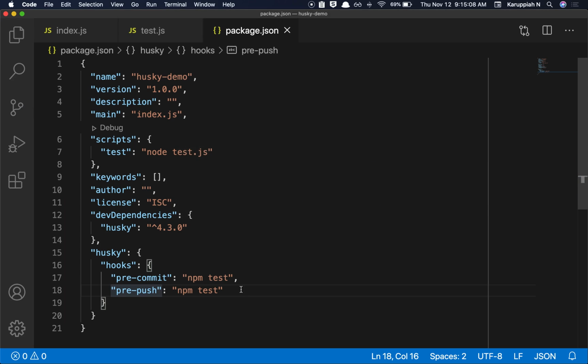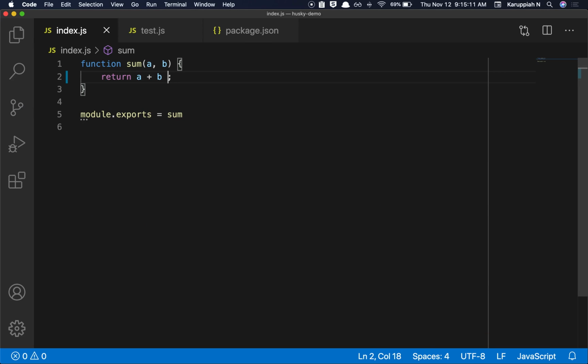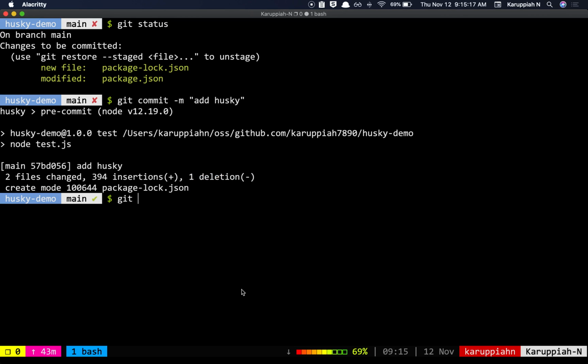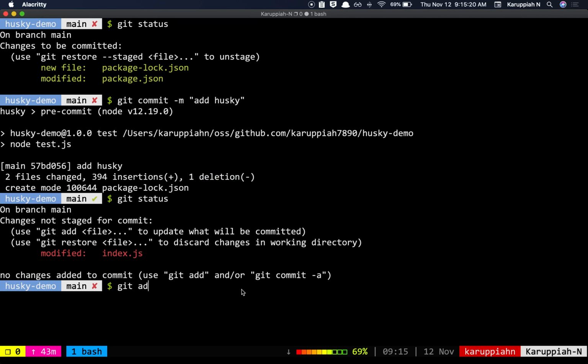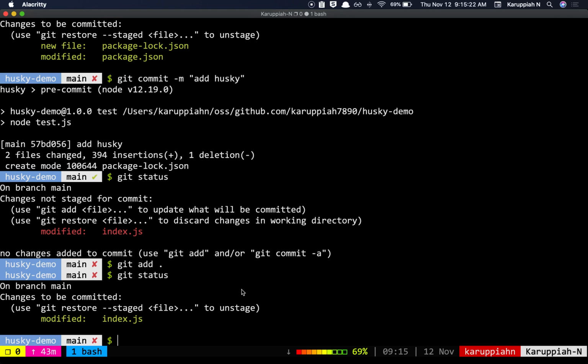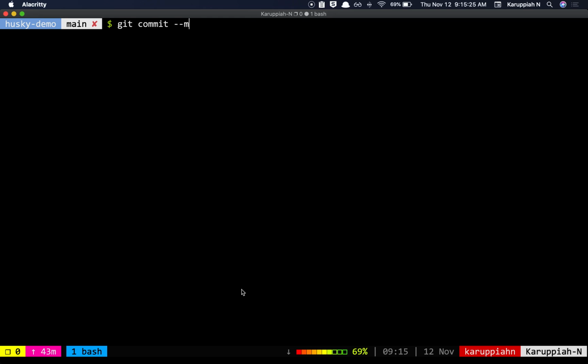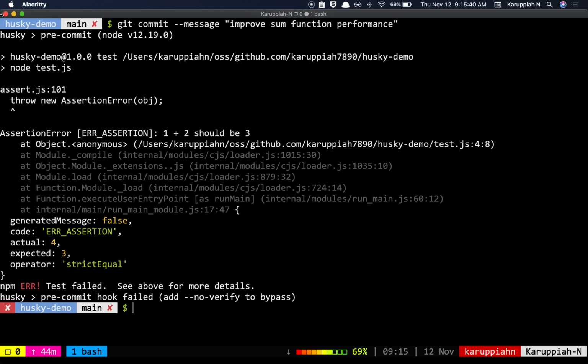Now let's make a change in my index.js such that there is a mistake in the code that the test finds out. I say git add, git status, and I say git commit improve some function performance, just an example. So Husky runs my pre-commit hook. Before committing with this message, it runs the test using npm test,